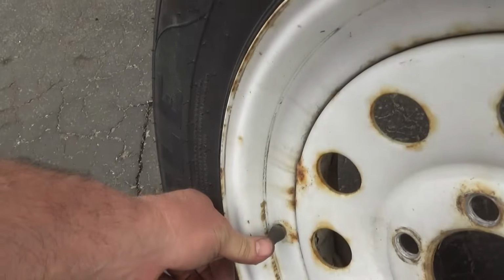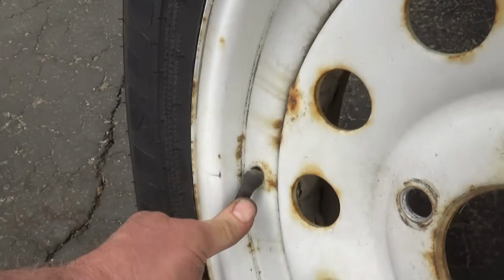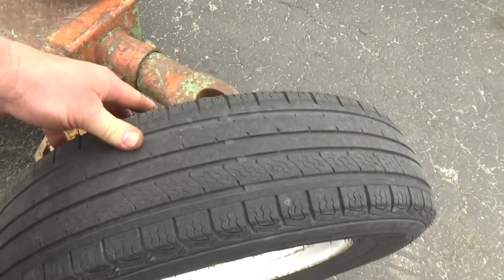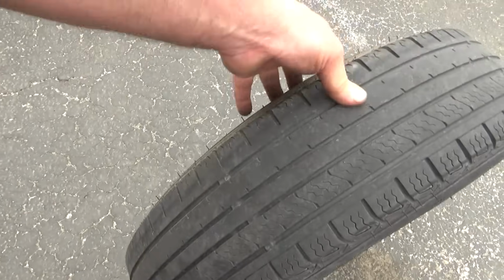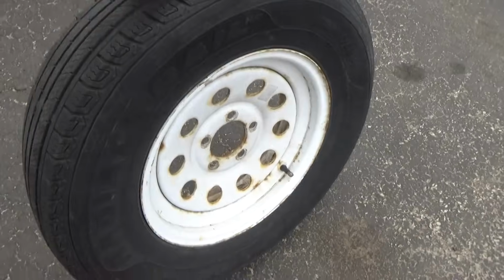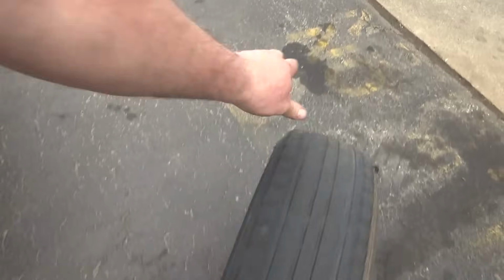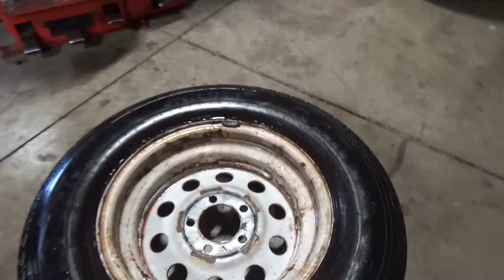But I'm not sure entirely what my problem is with this guy. I didn't see anything in it. Doesn't mean there's not something in it. But let me take this inside real quick and put some air in it, and we'll figure out what's wrong with that so I can take that with me back home, and so I can bring my trailer back with me tomorrow. Well, I didn't find anything in the tire,